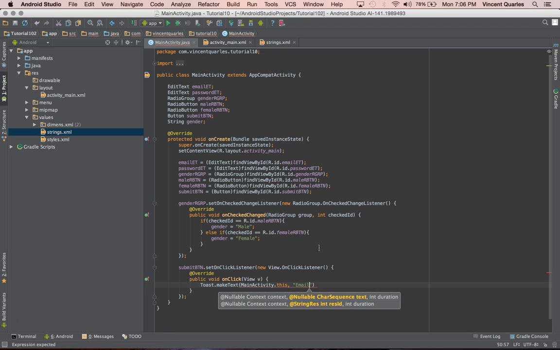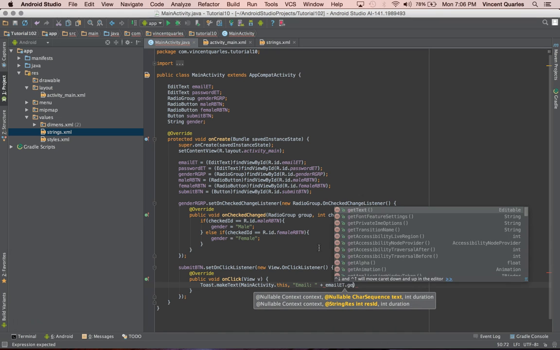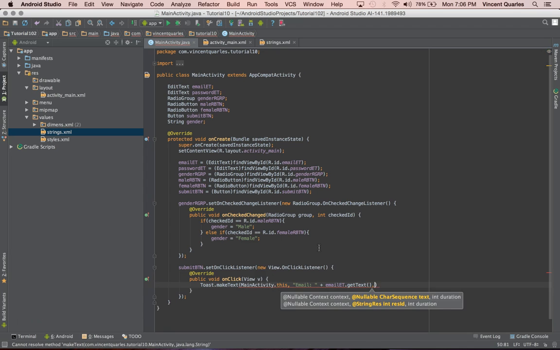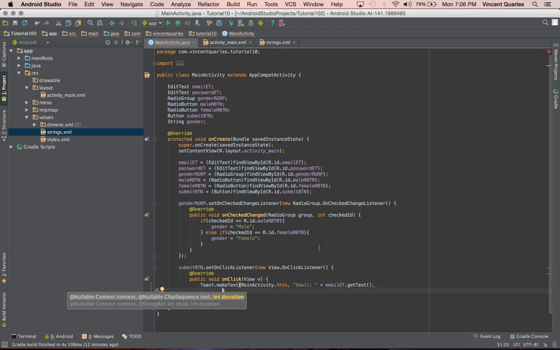So we'll make a string that says "email: " and concatenate emailET.getText. Messed up with that comma. Alright, so after the email getText, you're going to want to put a plus, and next is the password. So we can do "password: " plus and then passwordET.getText, add a plus, hit enter,